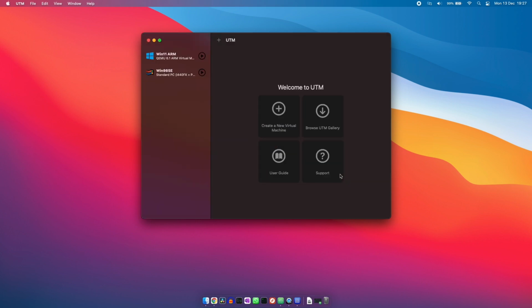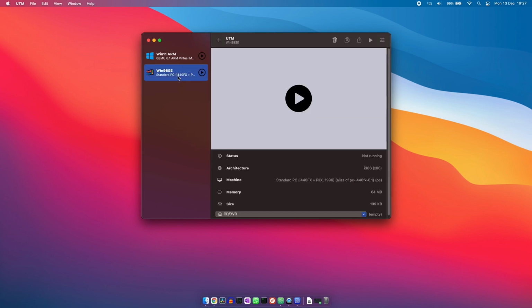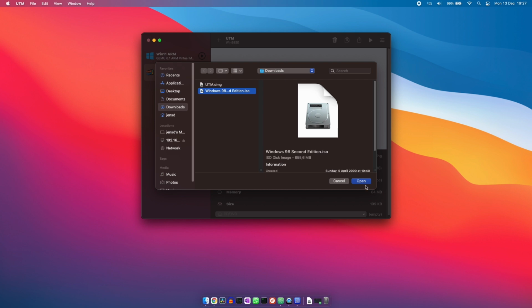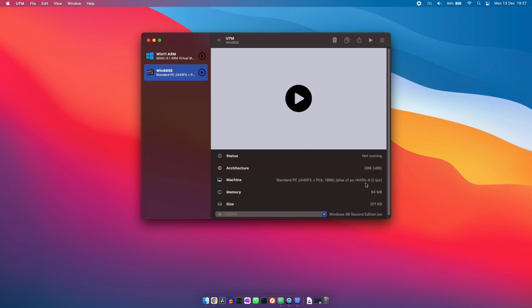One final thing which we need to do before we can move to the next step is to mount the installation ISO to the virtual CD drive. To do so, select the VM with the name you gave it on the left side in UTM, Win98SE for me. Then on the CD/DVD section, choose Browse. In here, navigate to the location where you downloaded the Windows 98 SE ISO, select it and click Open. This would be like physically inserting that CD in the CD drive of a real machine.